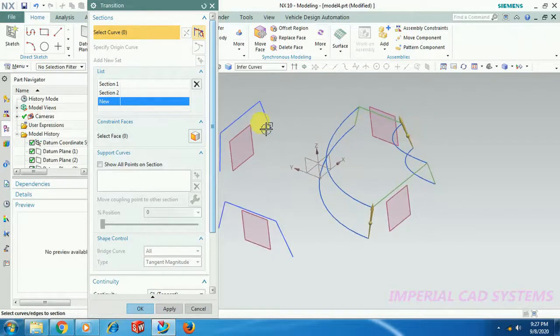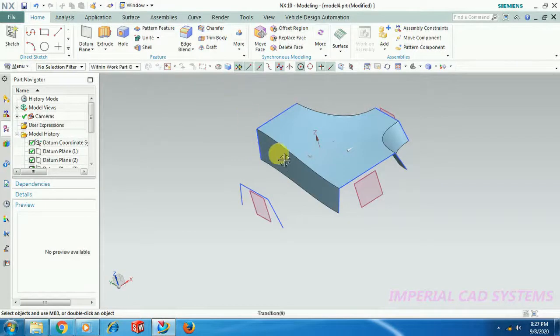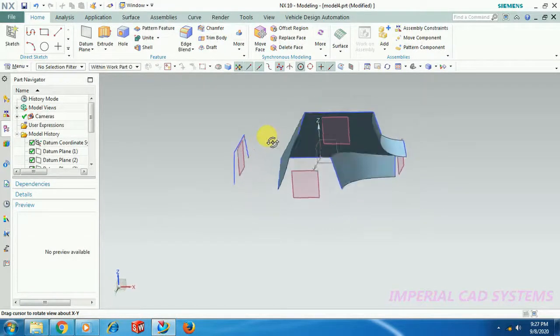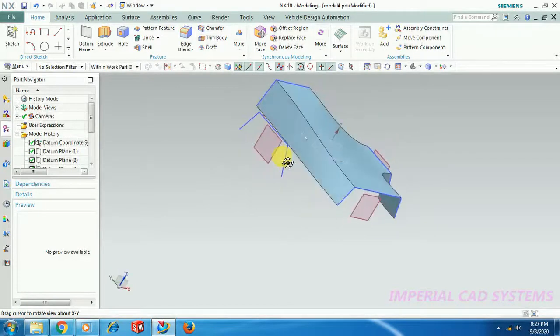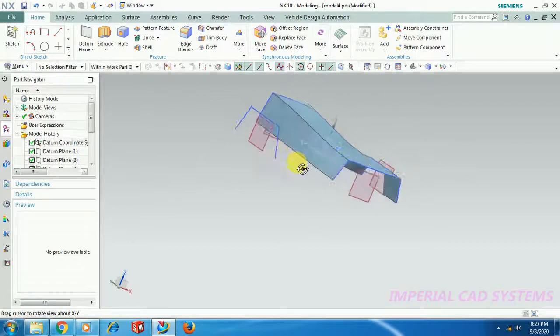See, again go for Add New Set, this one. I have selected 3 profiles, and we got a surface connecting all these 3 profiles.